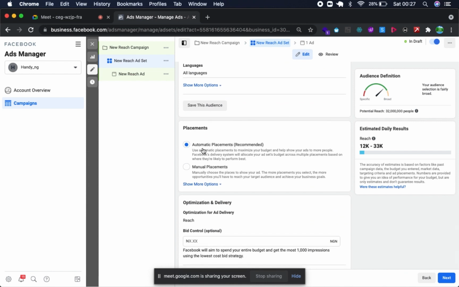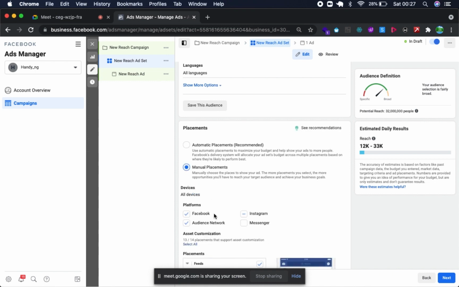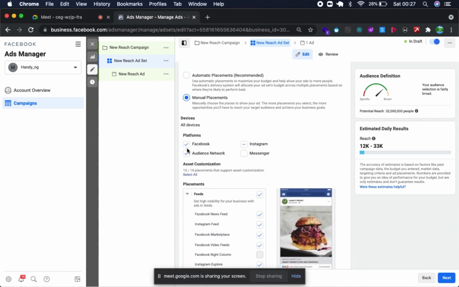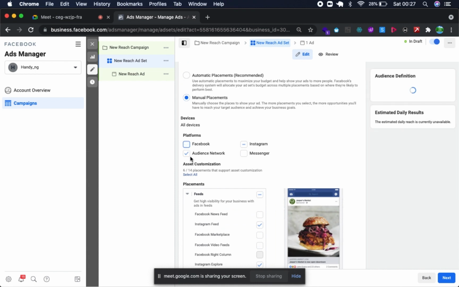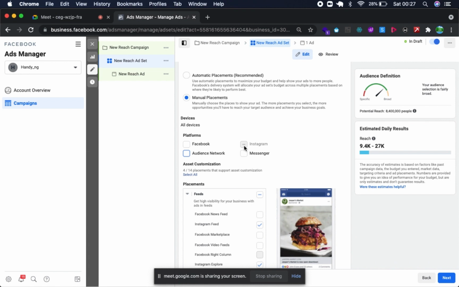Placement. Automatic placement is what we used before, where you allow Facebook to automatically place the ad everywhere it can. I prefer to use manual placement this time around, and then it shows you every placement. I want to uncheck Facebook, and I want to uncheck Audience Network. Audience Network is Facebook's way of running ads on different platforms, like mobile apps and websites that have already signed up to be advertisers.